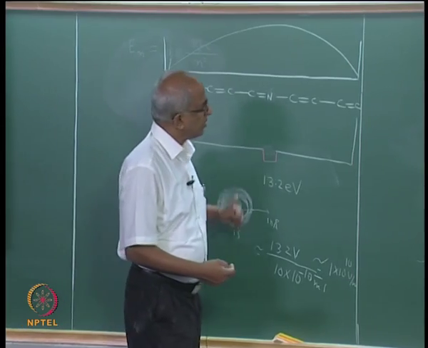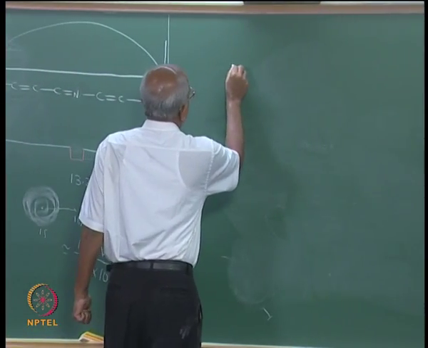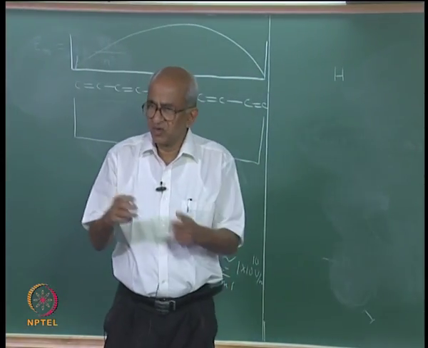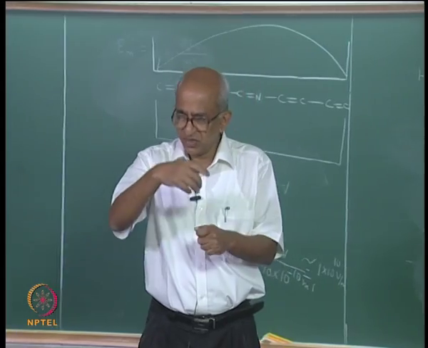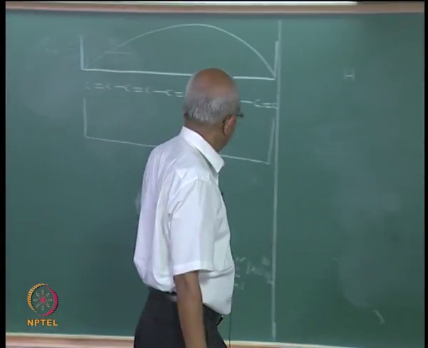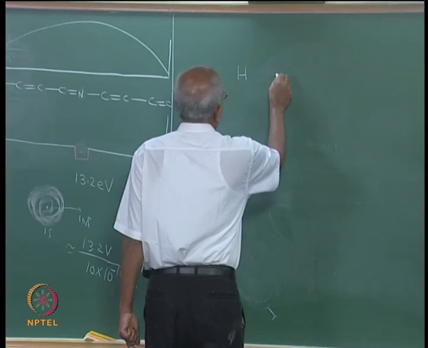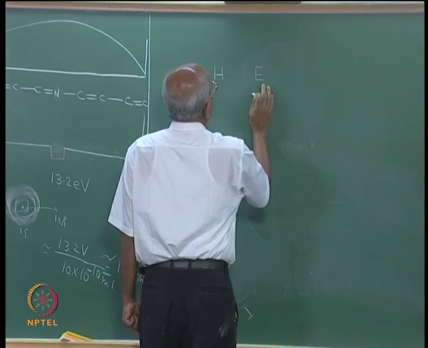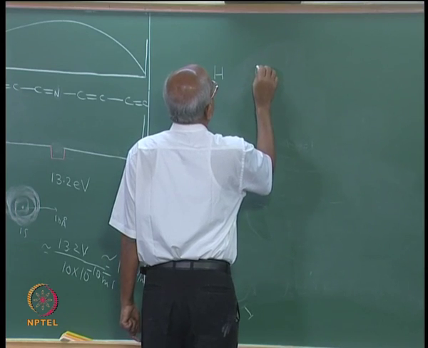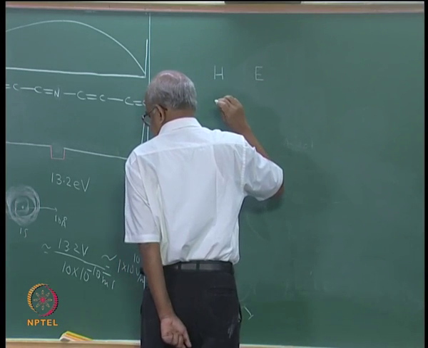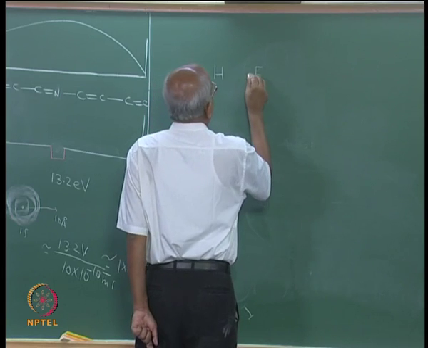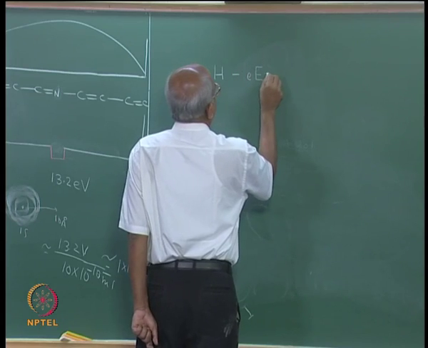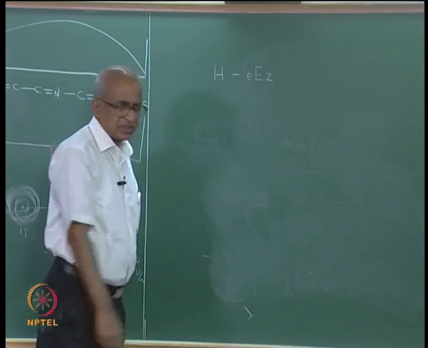So, if you are thinking of the hydrogen atom, you can say, okay, I have my Hamiltonian for the hydrogen atom. I am not going to write down the Hamiltonian, but you know what the Hamiltonian is for the internal motion of the hydrogen atom. And if you say that you are going to apply an external electric field, which I will denote by capital E, and apply it in the z direction,